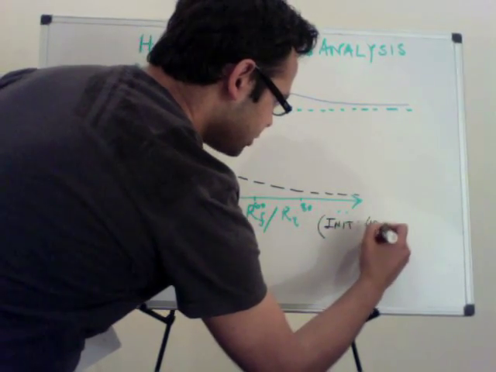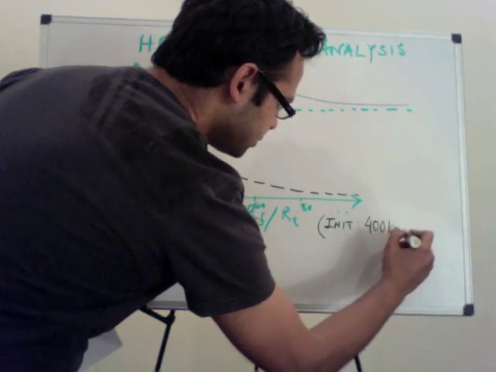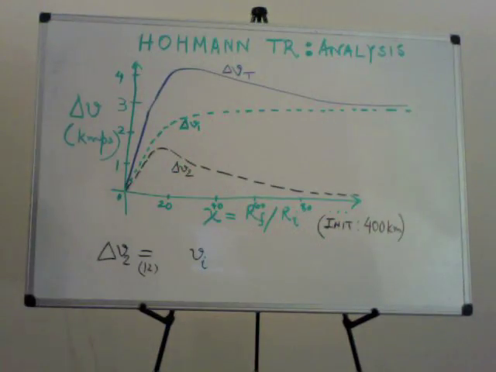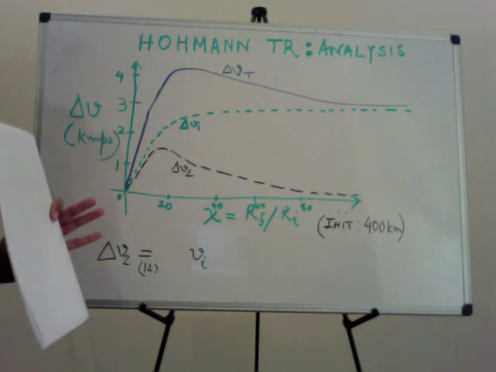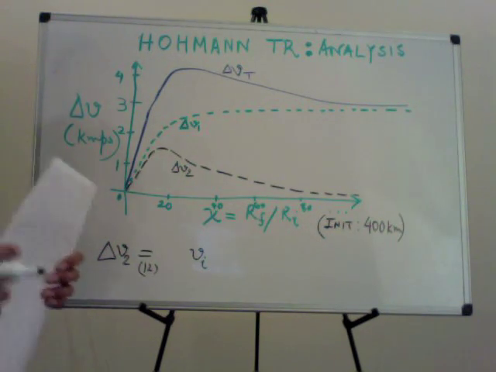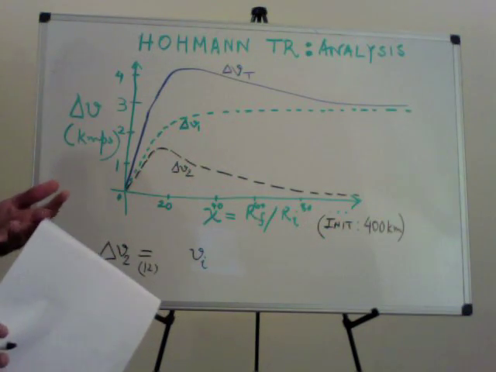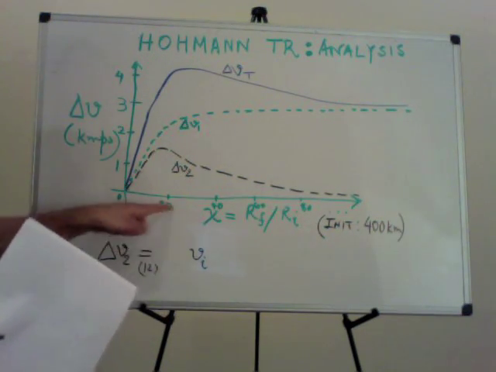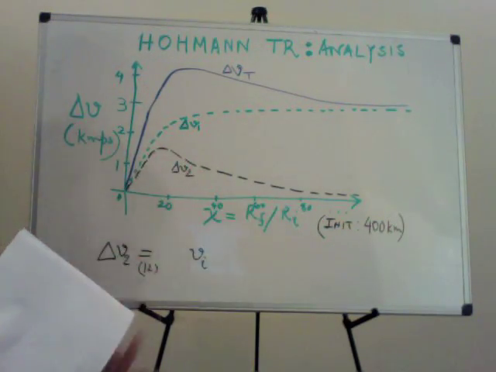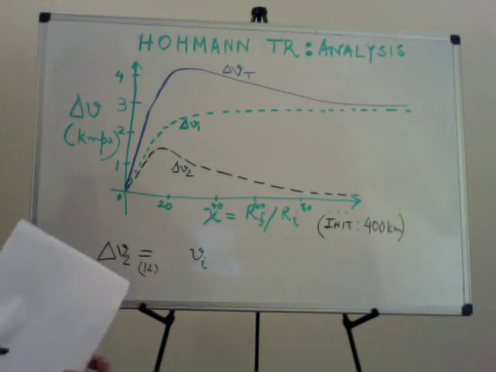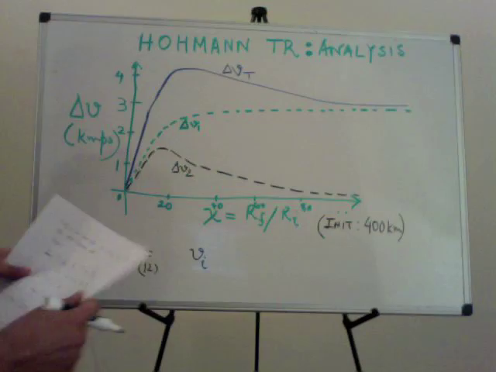If you remember, there are only two parameters in the entire analysis of Hohmann transfers. The first was Vi, the velocity in the initial orbit, and the second is chi. The assumption for Vi is that it corresponds to the circular speed at 400 kilometers altitude. So here's Vi,